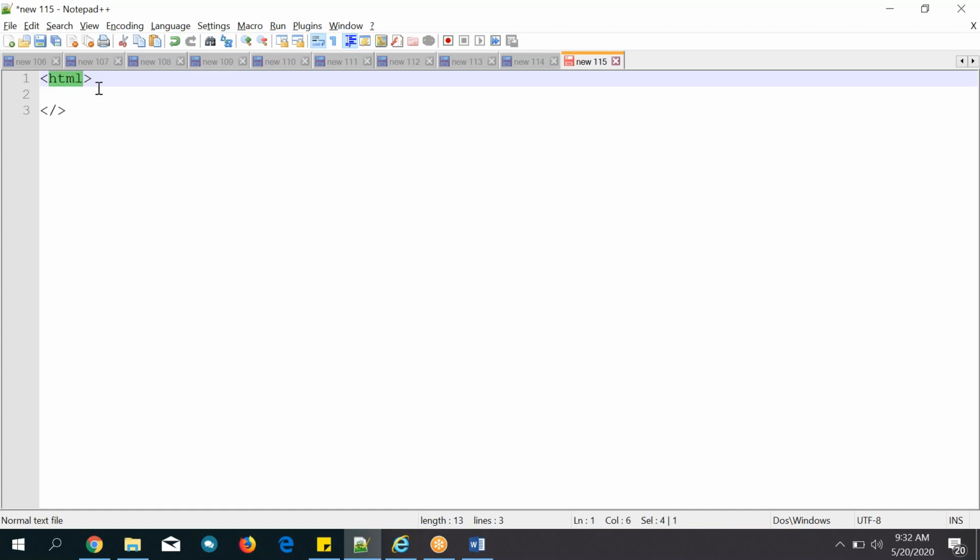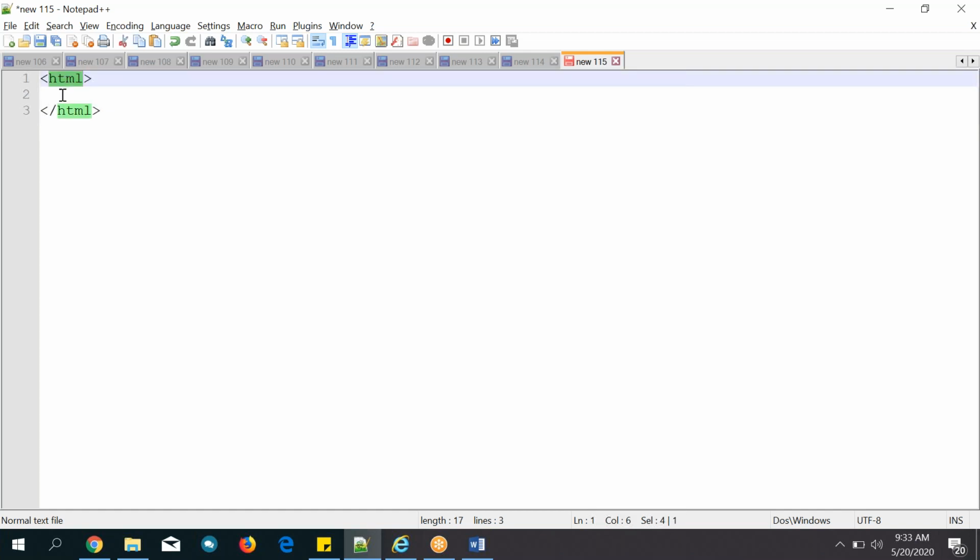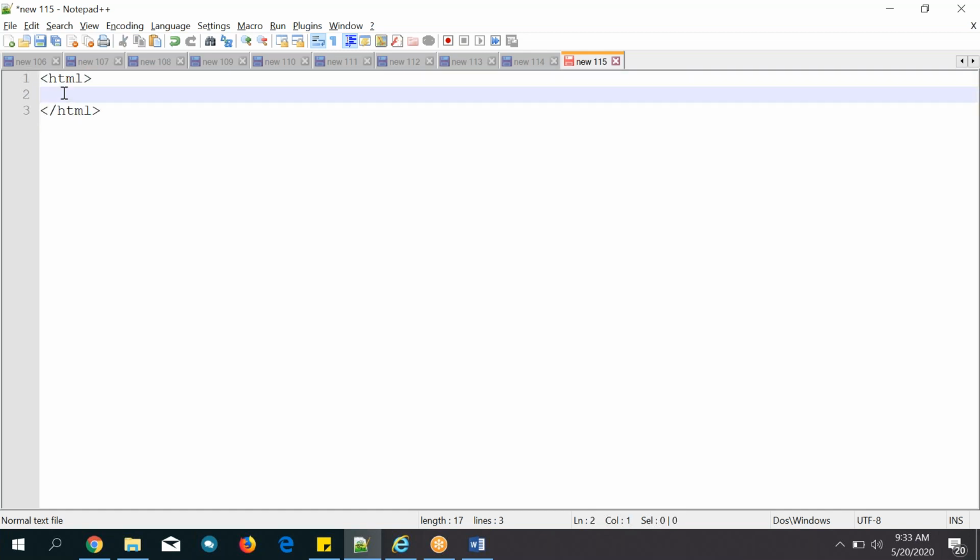Keyword, HTML keyword, and after slash you can provide. So this means this is HTML document. So inside, whatever you write, right, all things come under HTML code only. So it is a HTML technology, it is a HTML document. Okay, you can start like this and you can end like this.